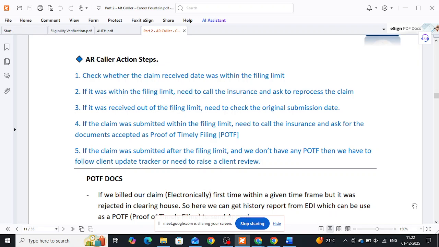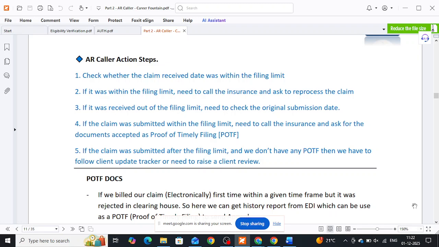the insurance receives the claim and they deny it for some reason. After that, we did some correction and filed again, and they denied. Again, we did some correction. Finally, we tried with appeal as well, and the appeal has also been upheld. But still, we are within 1 year only. So after receiving appeal upheld, we can still do some correction